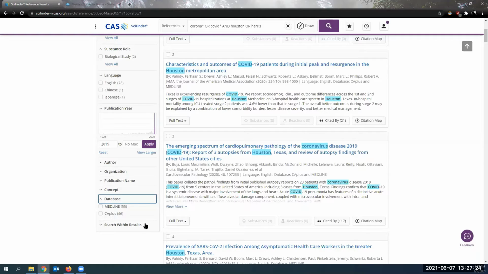So it makes sense that Medline would have a lot here because it's a medical thing, of course, COVID is. But if you didn't want a medical perspective on COVID for whatever reason, you can also look at CA+. And then search within results. This isn't really a field I use too much. It's basically like Control F to find in page, but it's find in results. And usually I would add another statement here, but